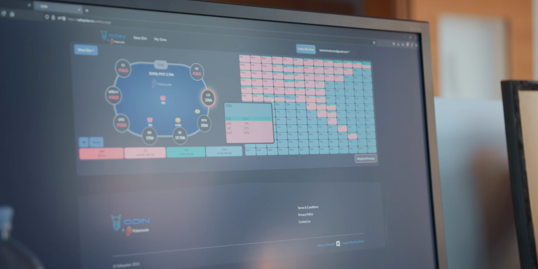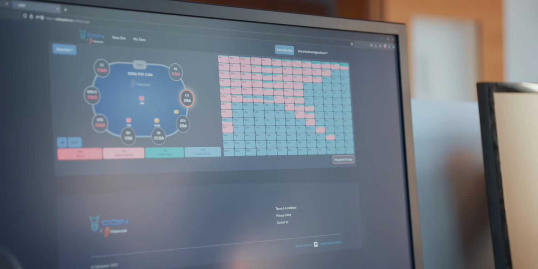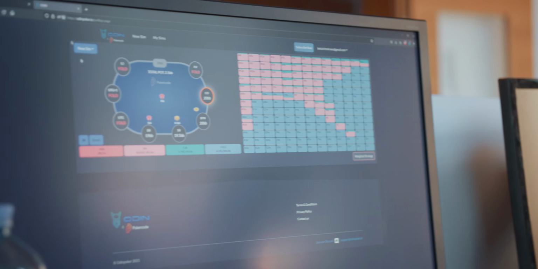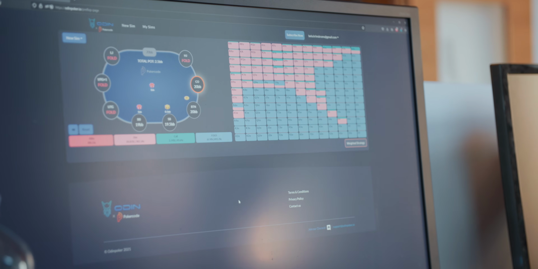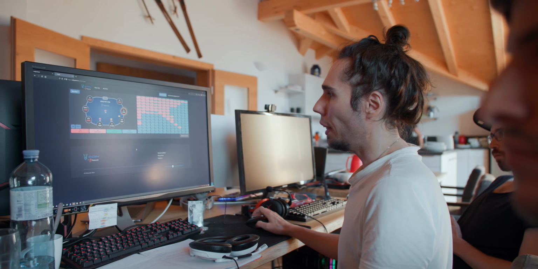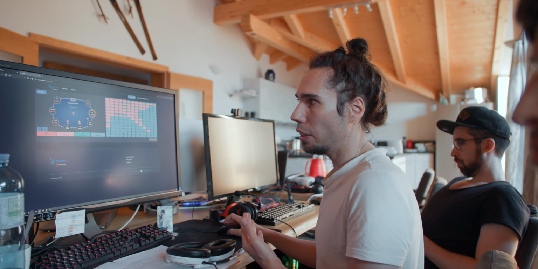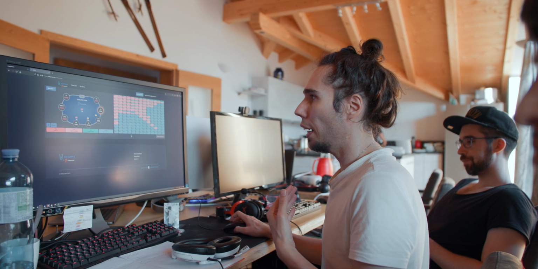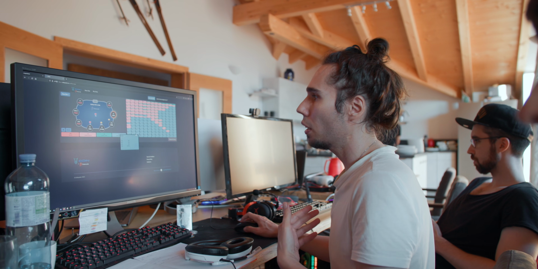It's still a frequency, but slightly more open than the range view. That has something to do, I guess, with the open raise sizing and some minuscule things. But that way we can see, okay, I would rather tend to open this, because the population will probably not play according to a solver, so they will make mistakes, and that makes it more of an open for me.